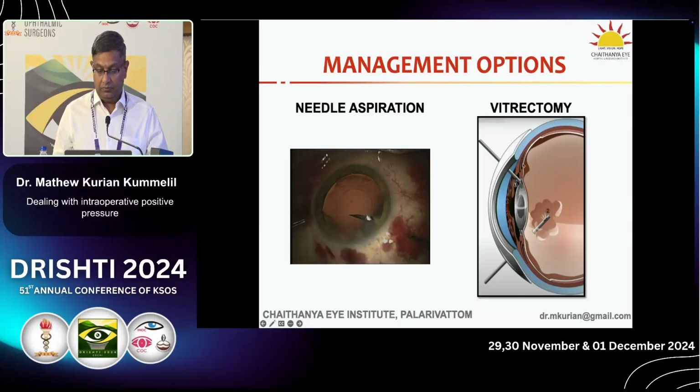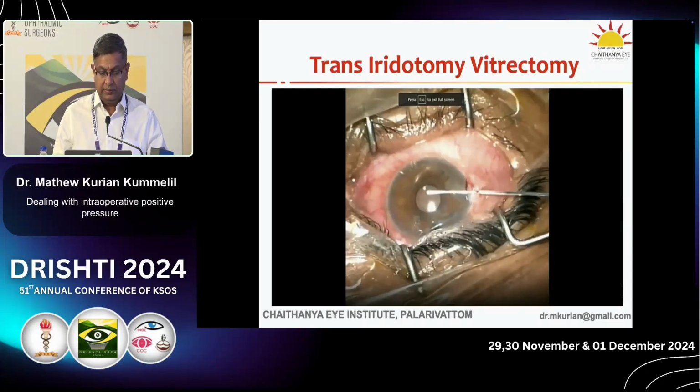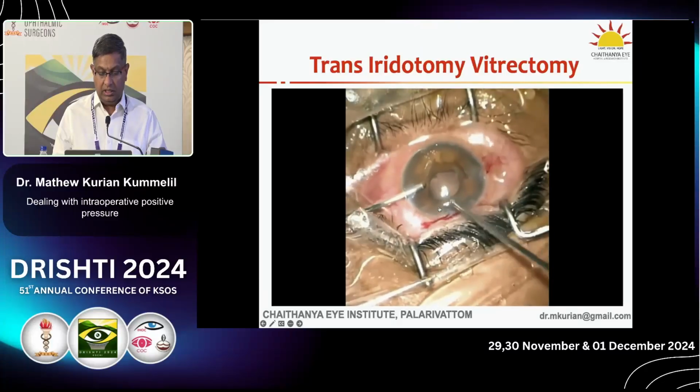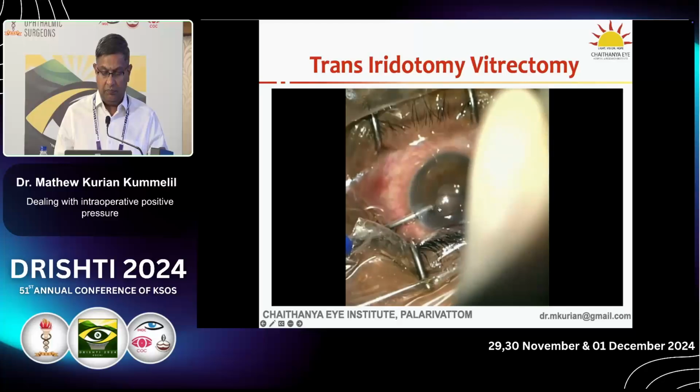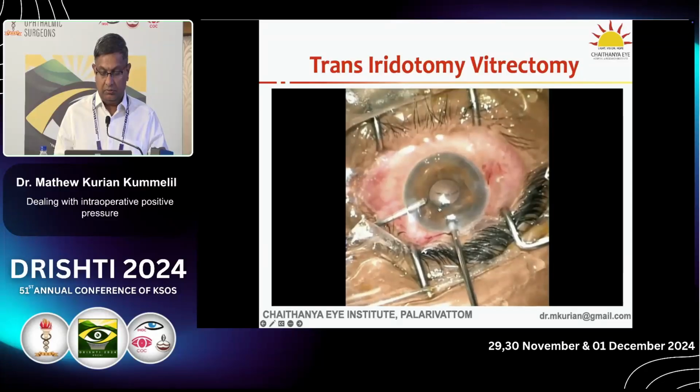Or you can do a vitrectomy, either an anterior approach or a pars plana approach. What they say is that a preliminary vitrectomy is to debulk the vitreous and soften the eye, phacoemulsification is performed subsequently, then finally you complete the vitrectomy with the zonular hyaloidotomy and peripheral iridectomy, and you want to create a single anterior posterior segment space. So the PI is done, and through the PI an MVR blade is introduced to go through the zonules, and then the anterior vitrectomy cutter is